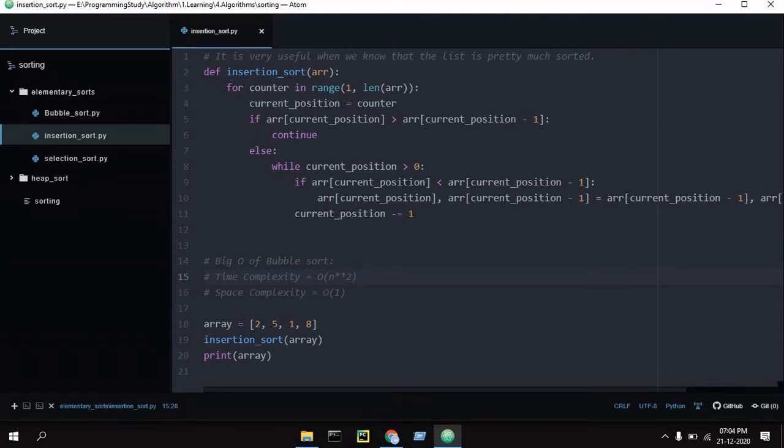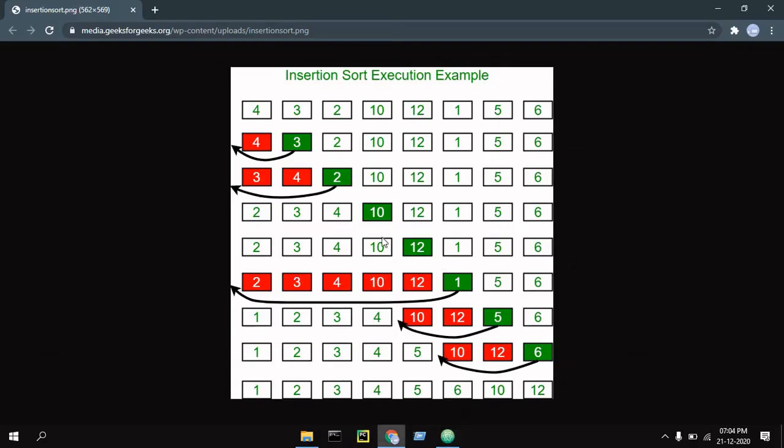And in this I am using the current position and going backwards, meaning I am checking from the last. In this case you can see that if we are checking from the front, we get that 1 is in the front, but in the program I am checking from the last.